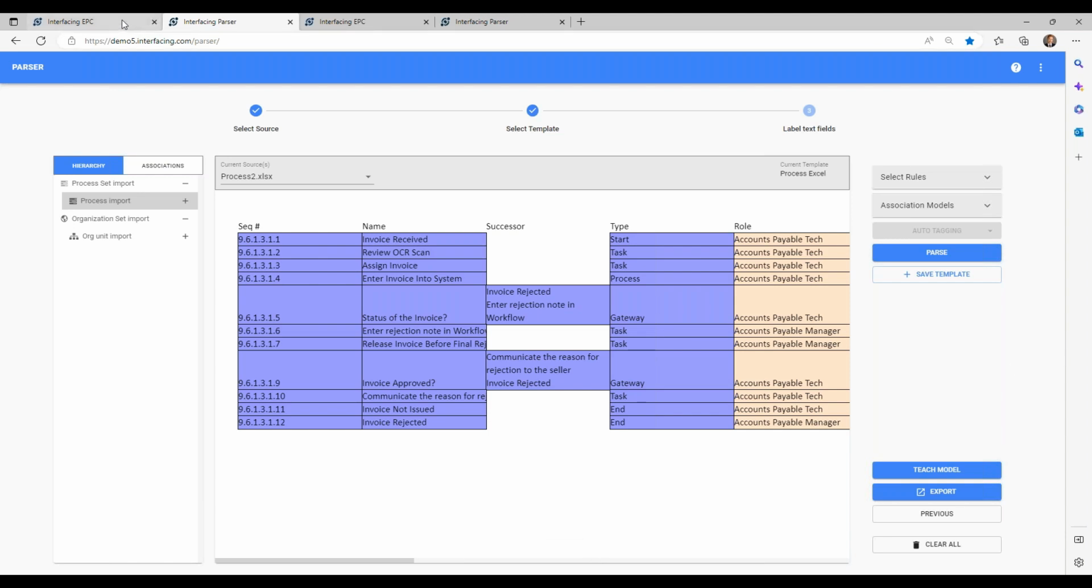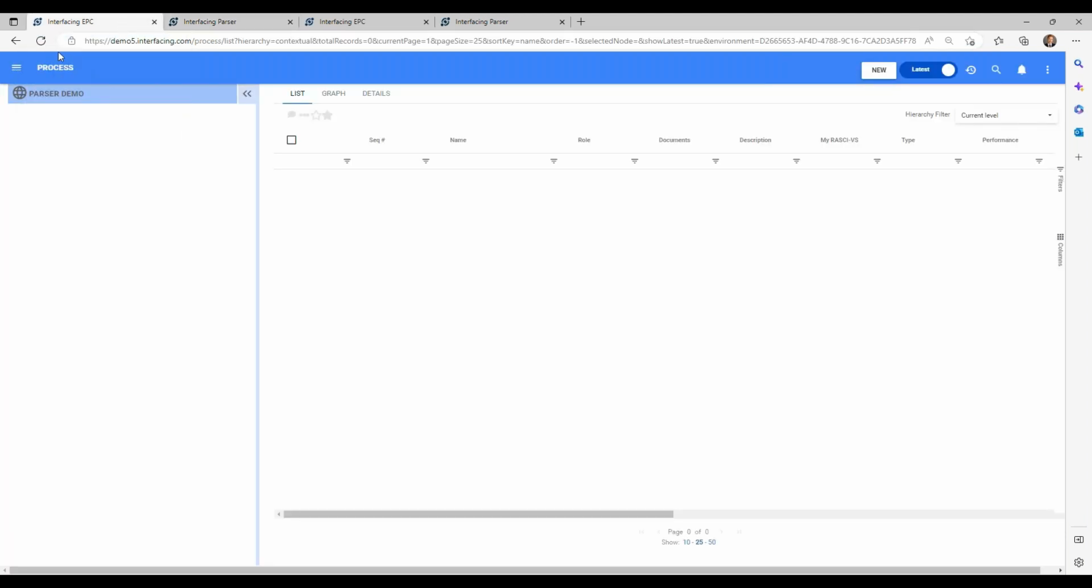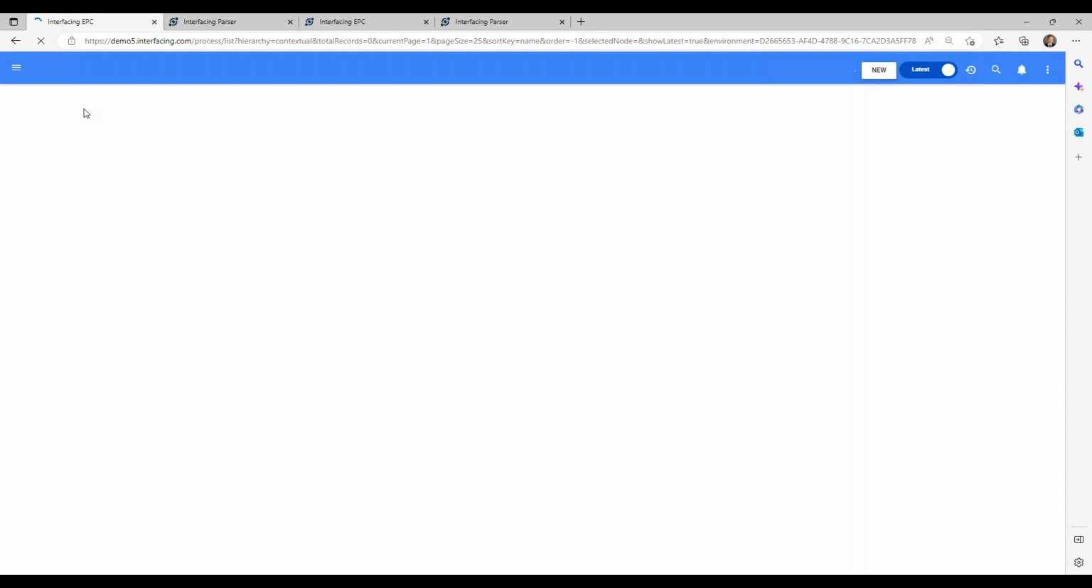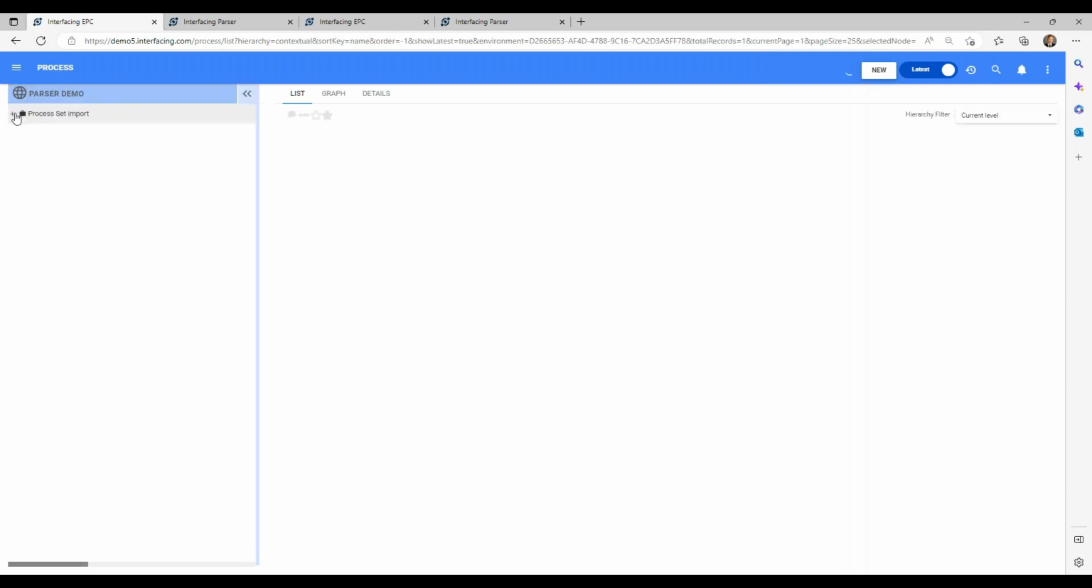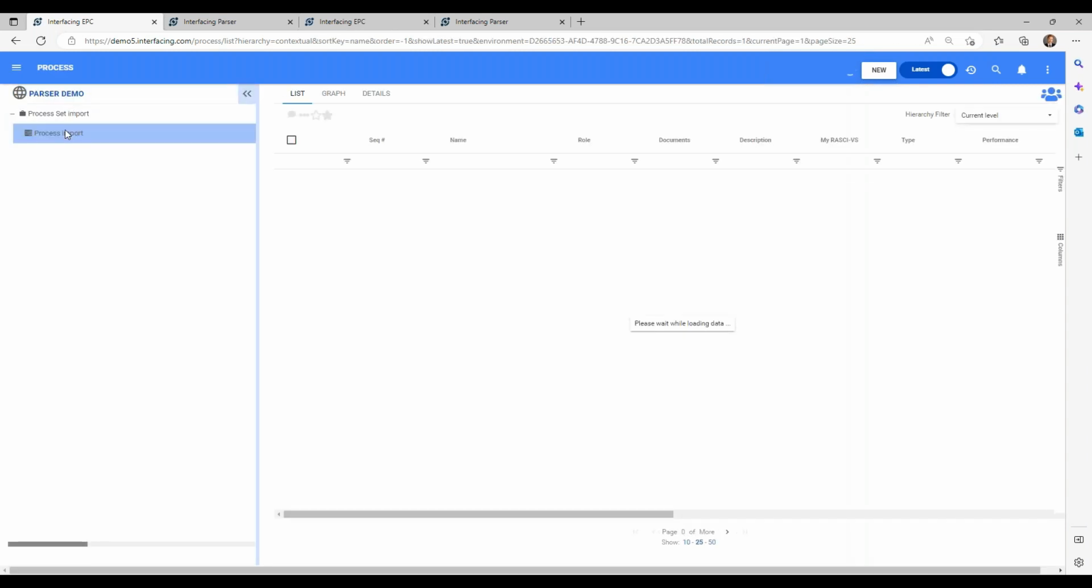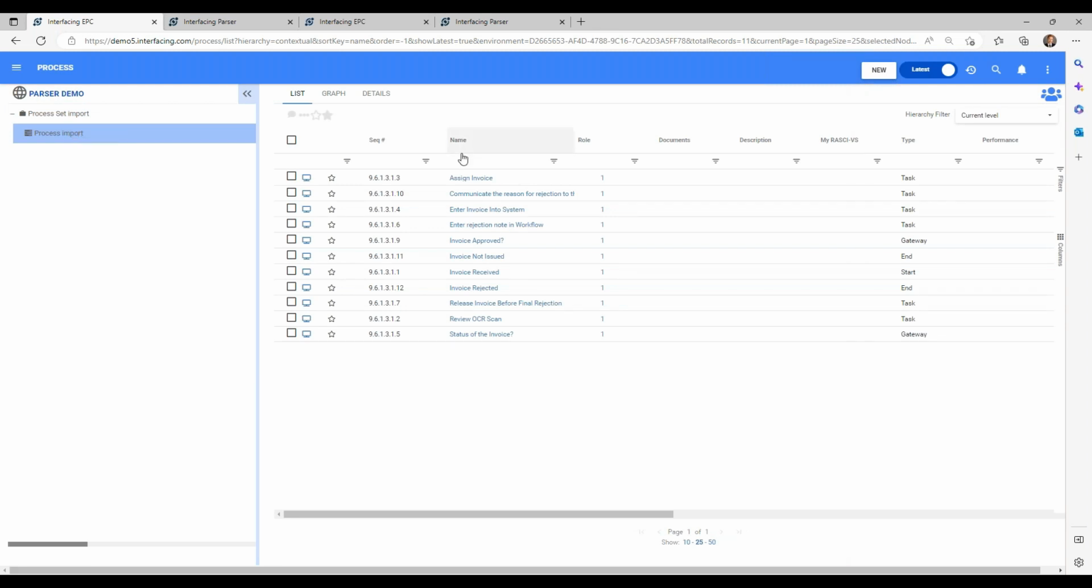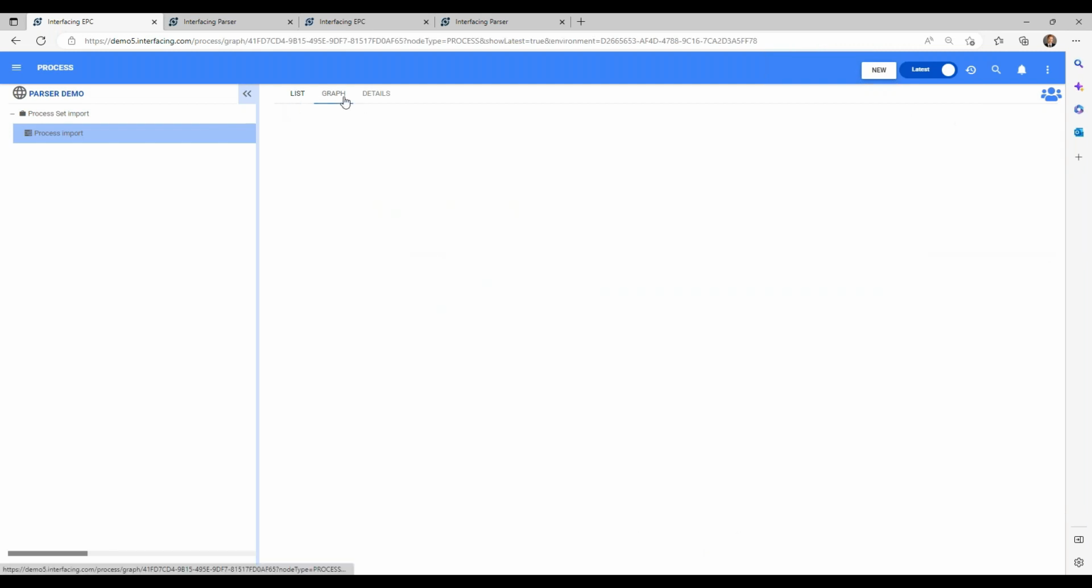I'll take a step back afterwards and retag that just to walk you through it, since there are some new options in there and you're aware of how to use them. But now when I actually go into the EPC here, yes, all of my activities have been imported with their associated roles and their different task types, as well as